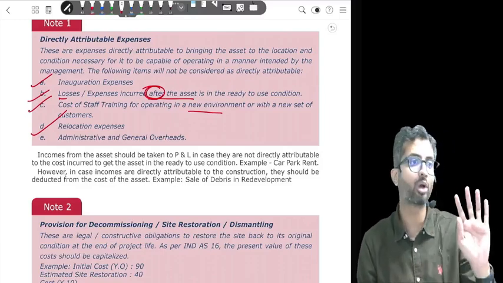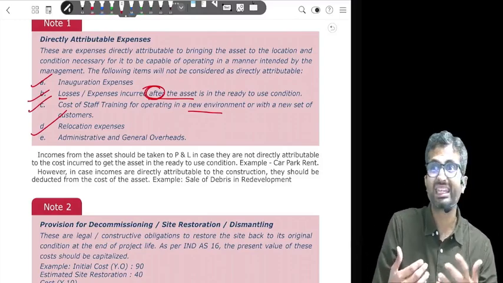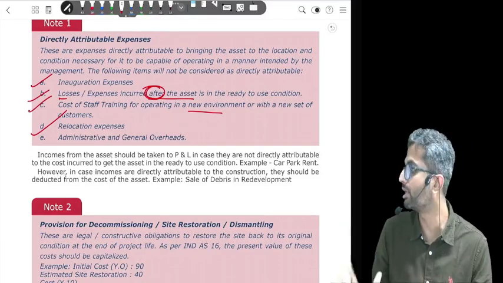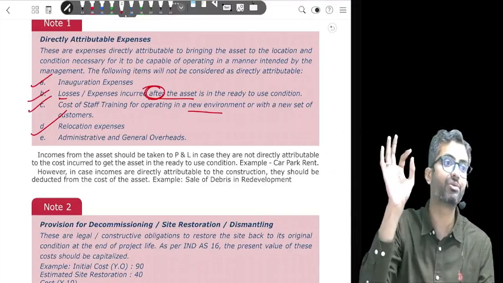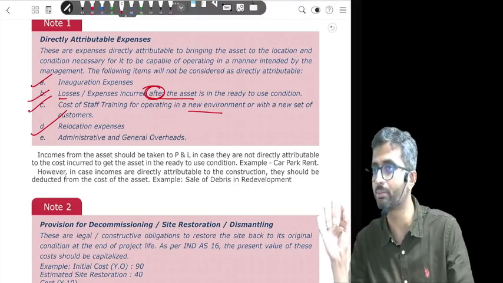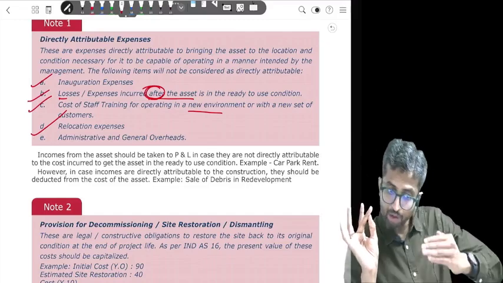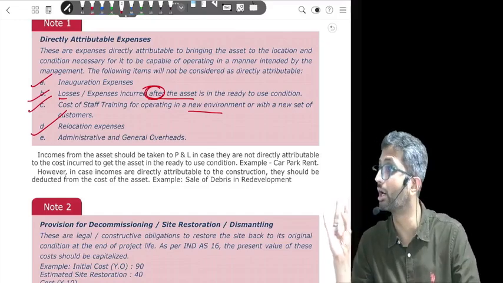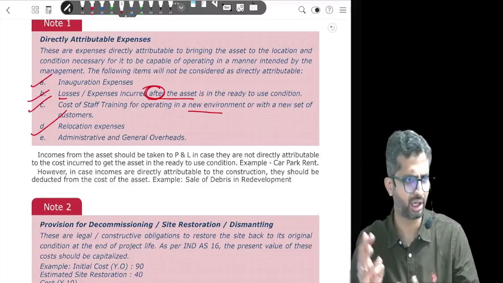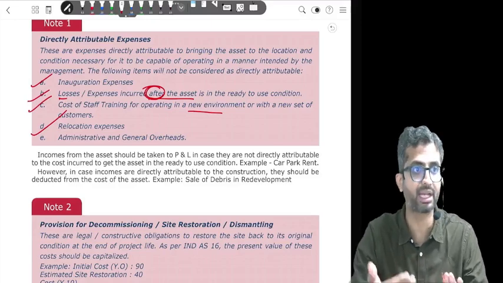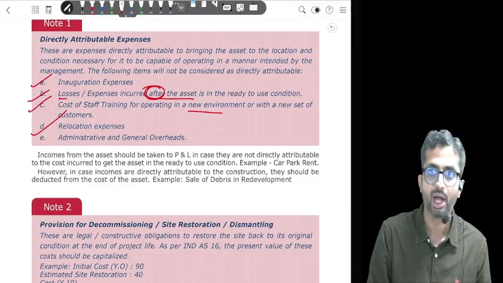So over here, 4 thumb rules, and these are mentioned in the standard, so you have to follow. This is not a gap, this is the standard, written in black and white as a clause in the standard. These are 4 items which under the Ind AS 16 framework will not be capitalized. Which are those 4 items? First, inauguration. Second, losses after the asset is ready for use. Third, staff training. And fourth, relocation or retraining expenses. These will not be capitalized in general, at least as a part of the initial cost of the asset. Are we clear? Yes, please.